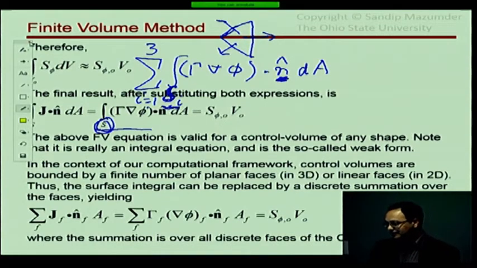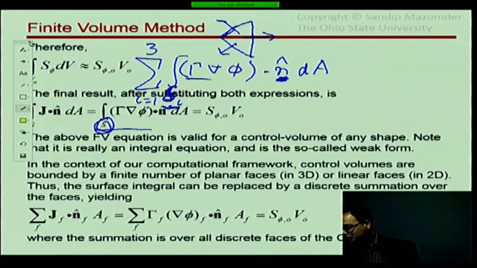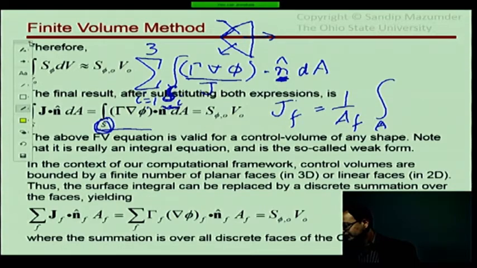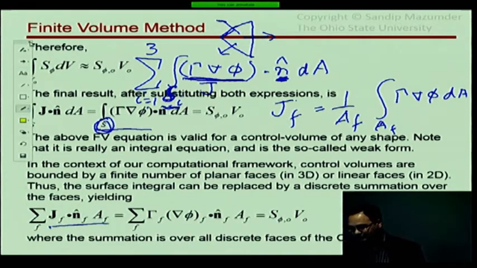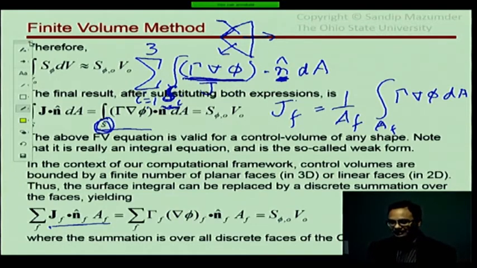Second thing is, now we are going to again use our average representation and say that this is our J. We are going to say J_F is 1 over area of the face, integral over the area of the face of gamma grad phi dA. So essentially what we are doing is we are replacing this integral that we have. The n can go outside the integral, and the rest of it, gamma grad phi dA, integrated over this S_I, can be written as this guy, where J now represents the average flux